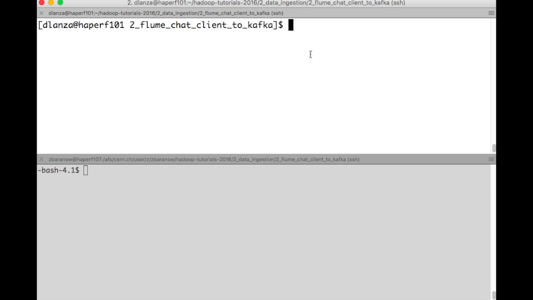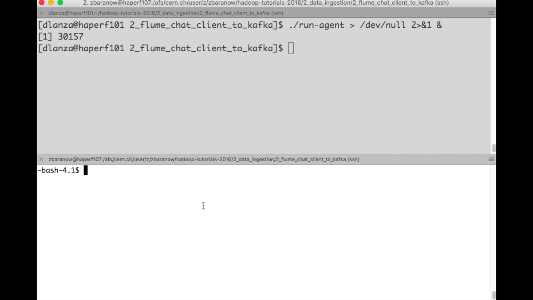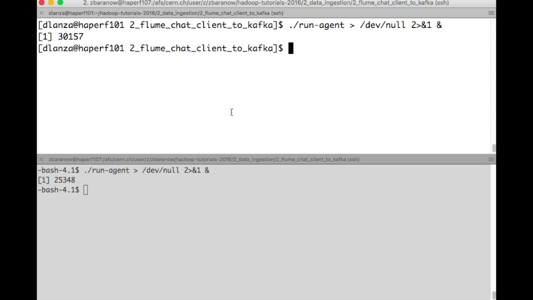So I will use two windows. I open a new one, which is logged in as a different user than the other. So first of all, what I have to do is to start agents on each of the machines. So they will listen on the netcat port and send whatever is there through Flume to the Kafka cluster,